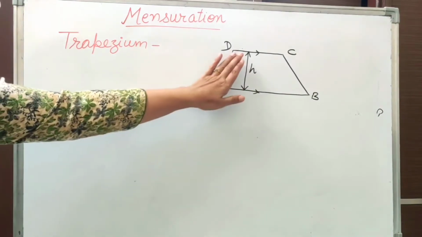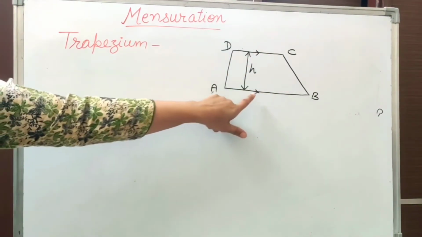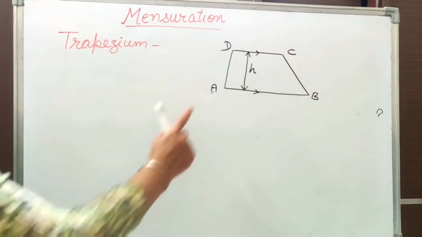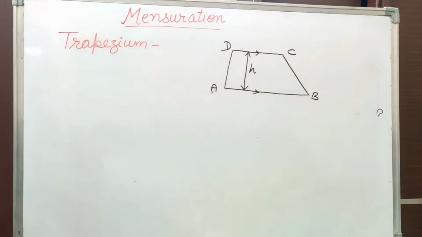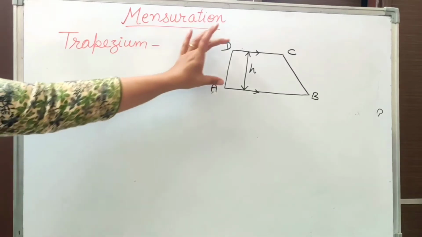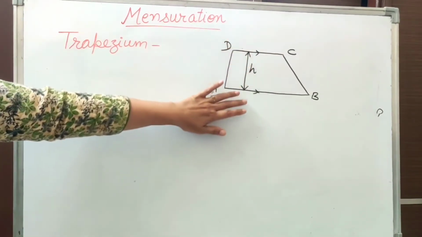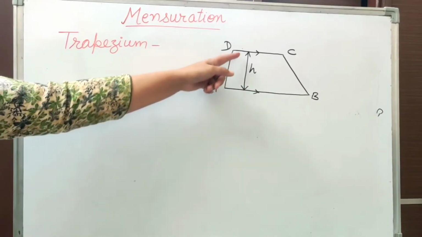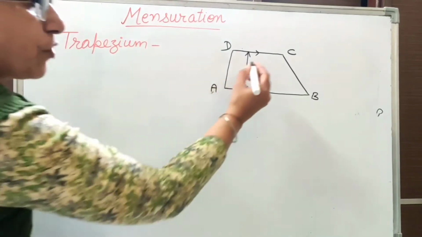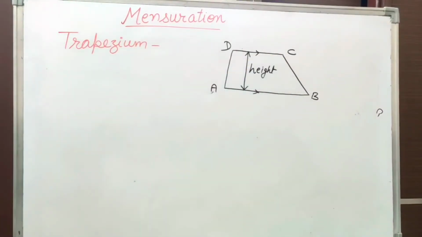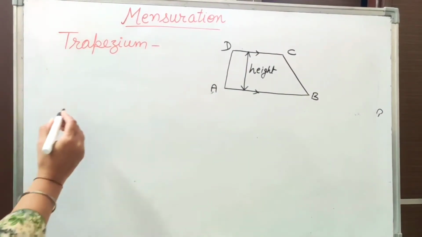Here AB and DC are parallel, because this arrow shows that these two sides are parallel, but AD and BC are non-parallel. The distance between the parallel sides is known as the height of the trapezium. And the area of this trapezium is,